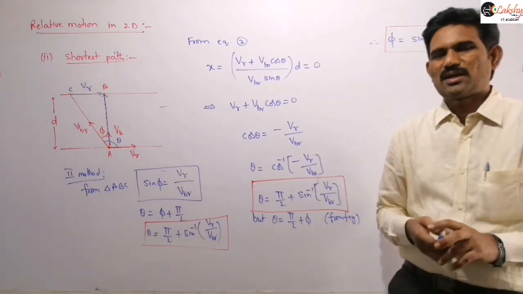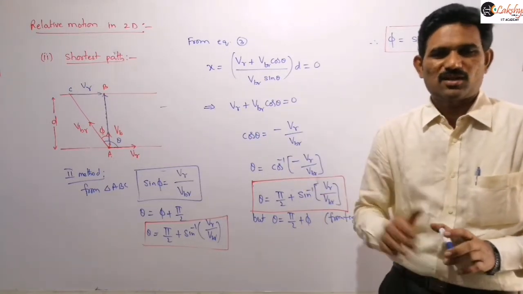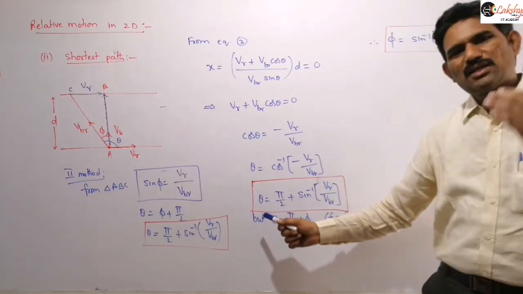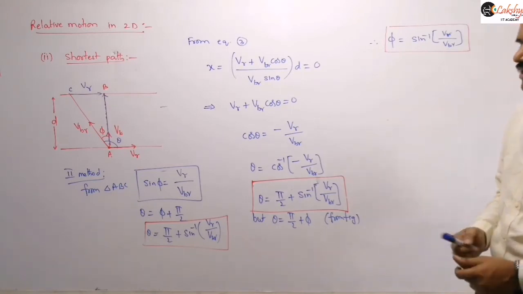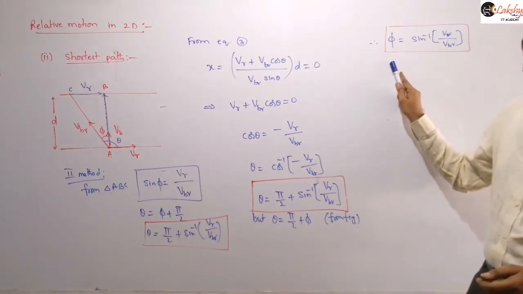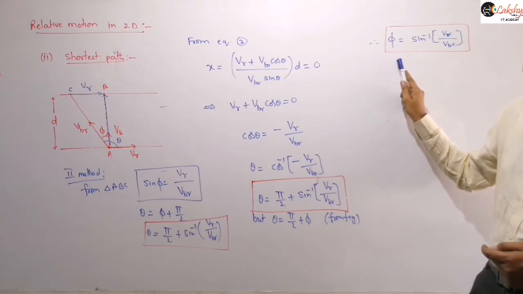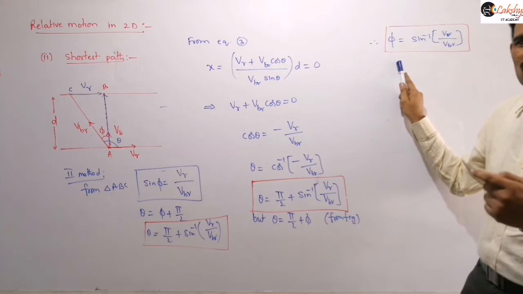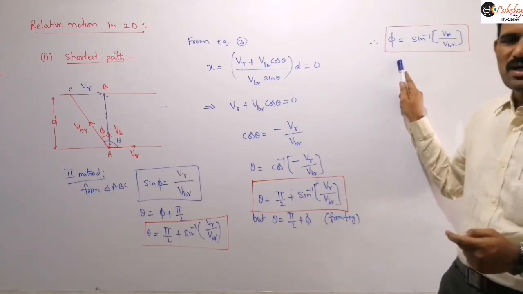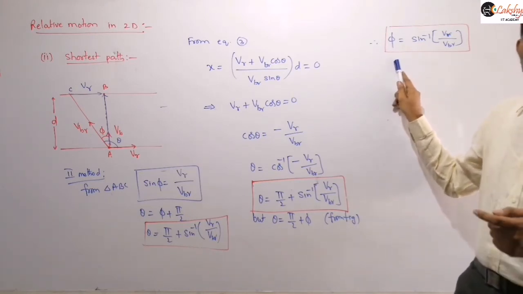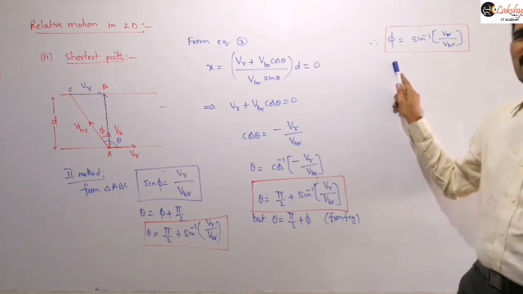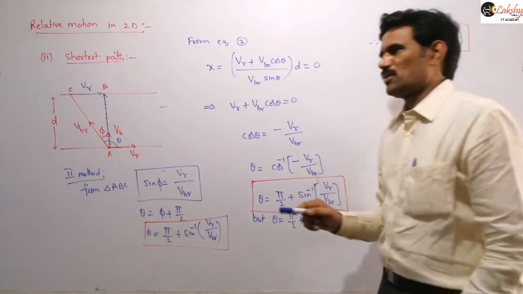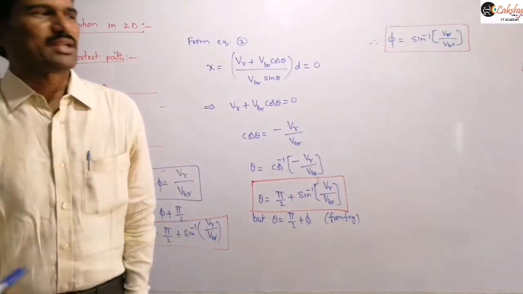That is the angle in which the velocity of the boat in still water, VBR, should be directed. This is the angle with the direction of the river flow, that means with VR. And if you want the direction with the normal to the direction of the river flow, then to cross the river in the shortest possible path, the angle made by VBR with the normal to the direction of the river flow is sine inverse of VR by VBR. That is that angle.